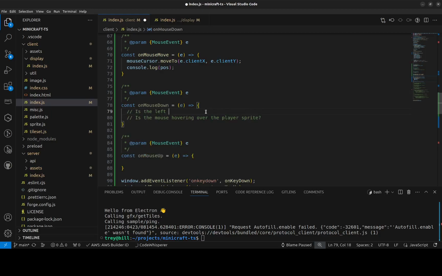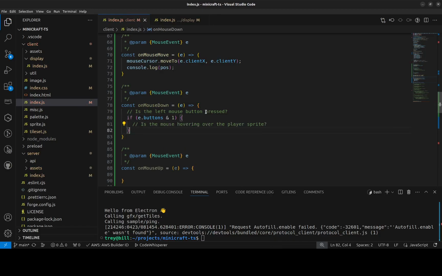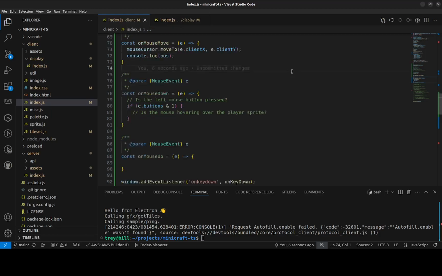And we need to know if the left mouse button is pressed. And based off of that,